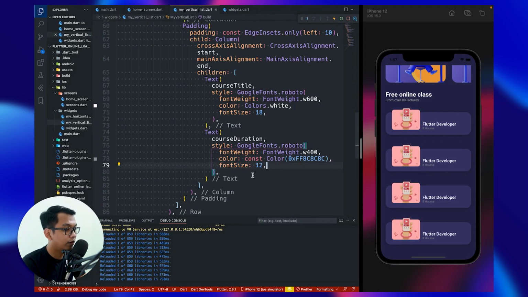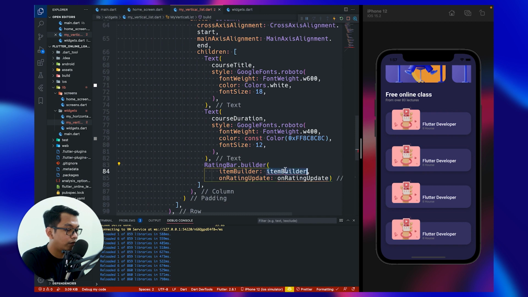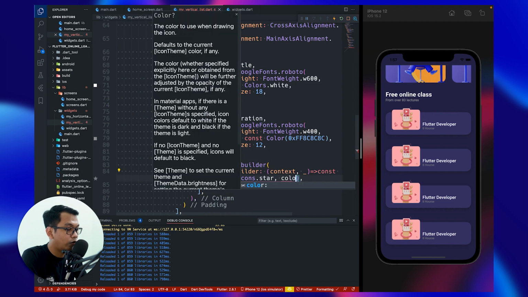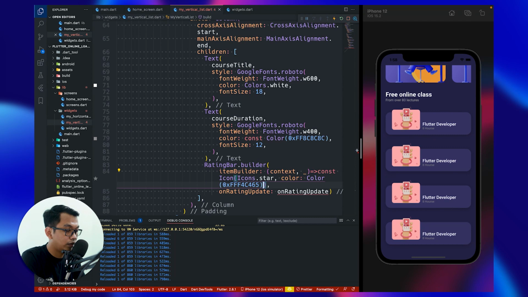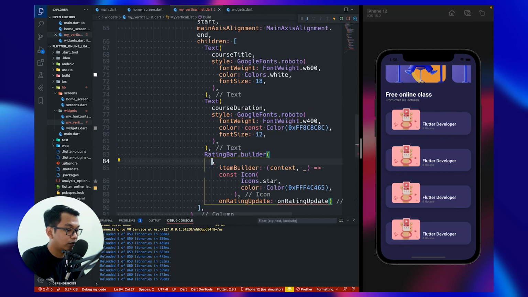And below that, we add a new widget, which is RatingBar.builder. And for the item builder, we use context, and we can return an Icon, which is Icons.star with the color. Copy this, paste here, and before that, we need to add another parameter, which is initial rating using course rating,